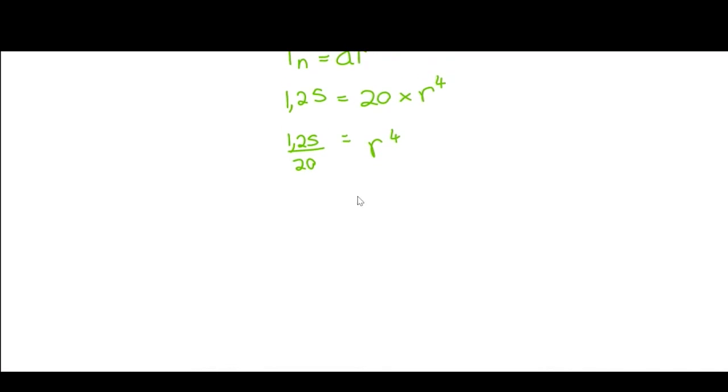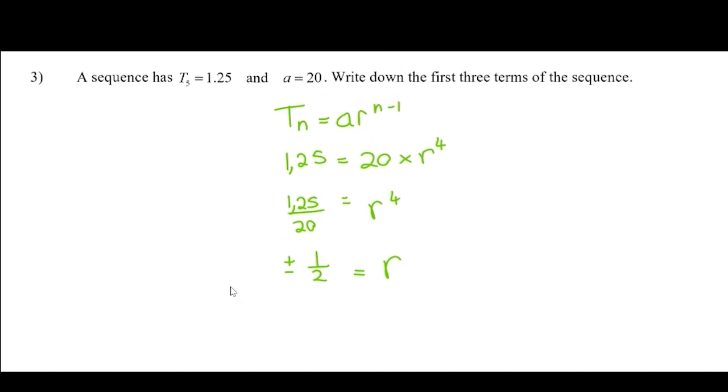And we end up getting, in fact, when we find the 4th root, that R could equal a half, right? But because it's an even power, we can actually also have minus a half. Right, so there in fact are going to be 2 options here to write down the first 3 terms. If R is a half,